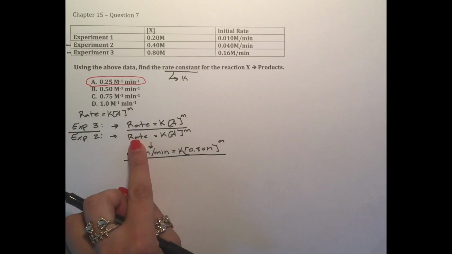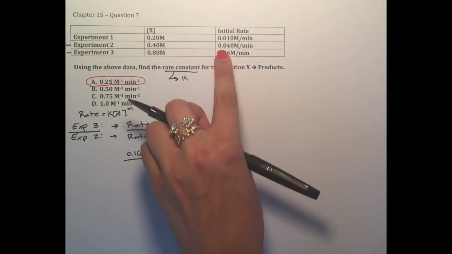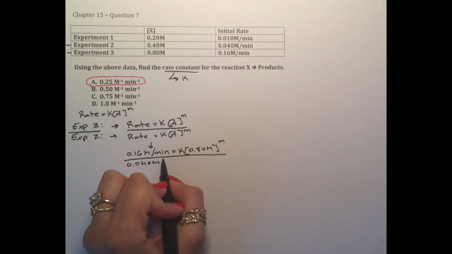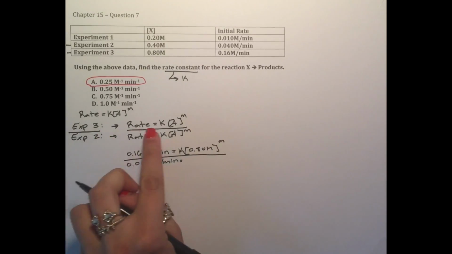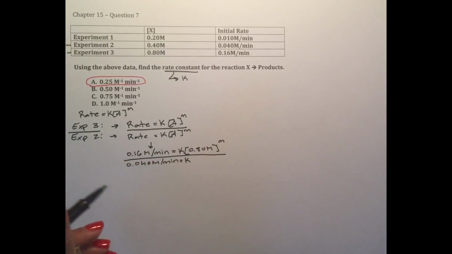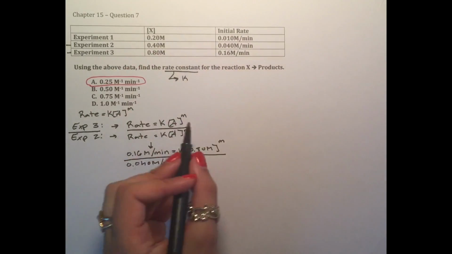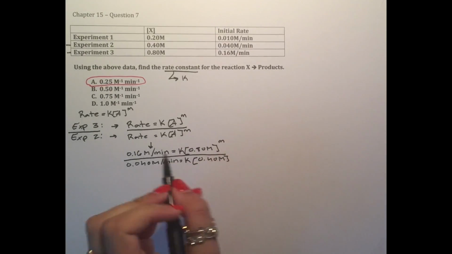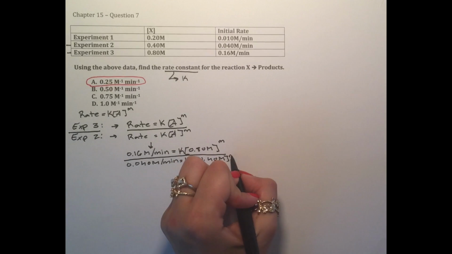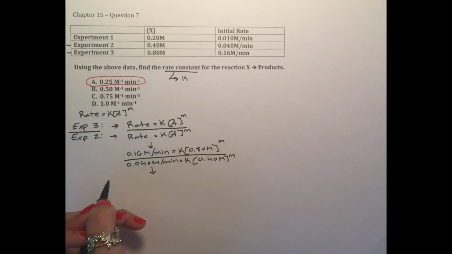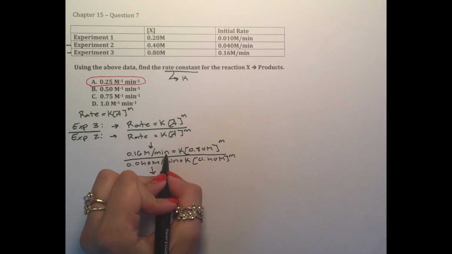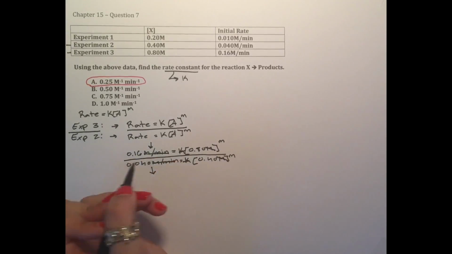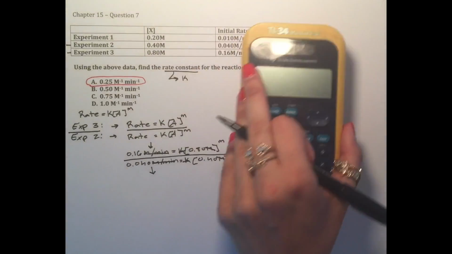Now let's just plug in everything we were given for experiment 2. The rate for experiment 2 we were given. K we were not given. The concentration we were given. And M we were not given. Now let's just simplify this problem a little bit. We can cross out our units over here. K is going to cancel out. The units of molar is going to cancel out. So what you're left with is